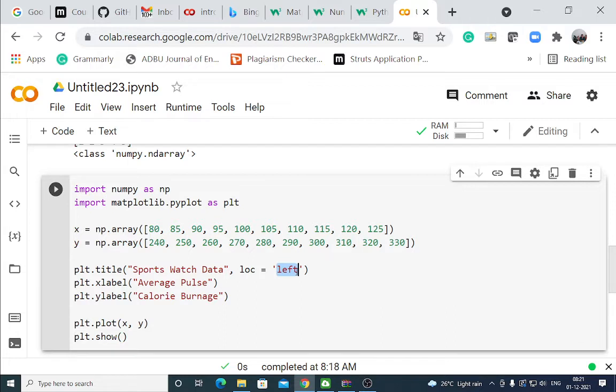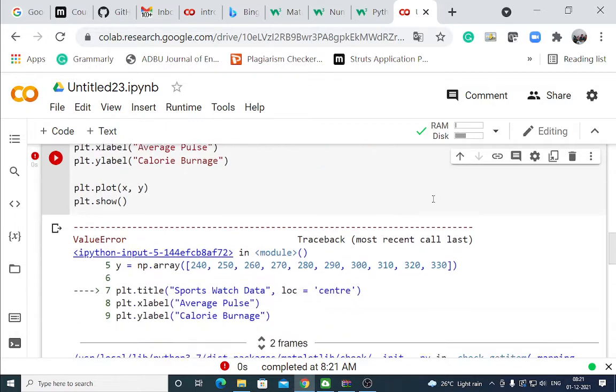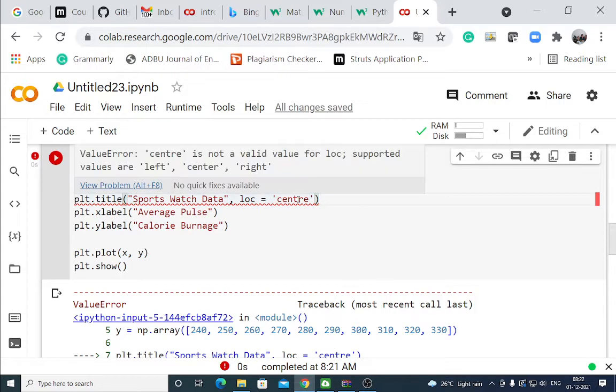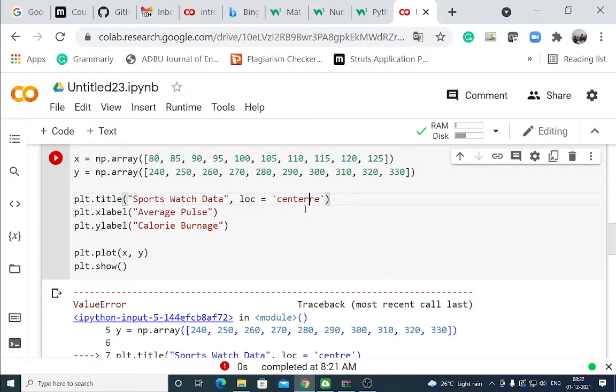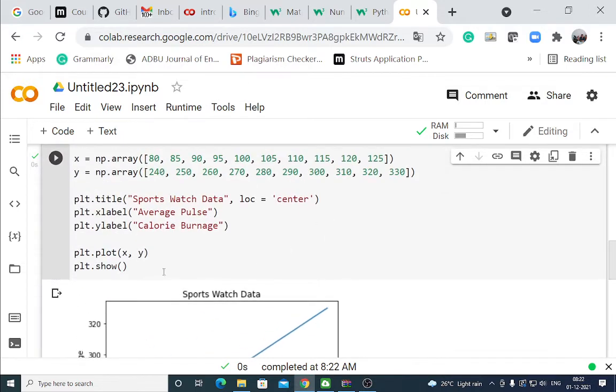Use center here. Execute this code. It gives sports watch data in the center. If you give left, it will come here, right, it will come here. Like that it will plot the graph.